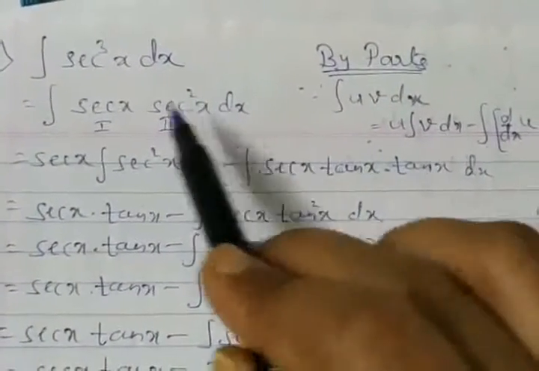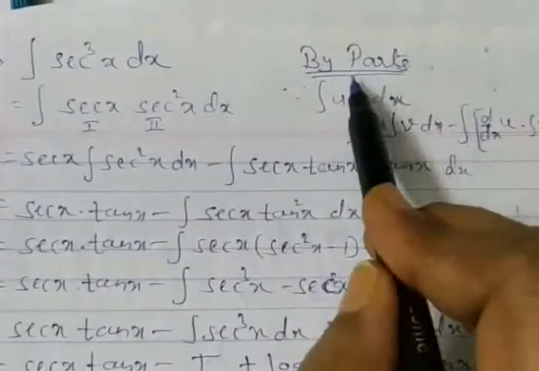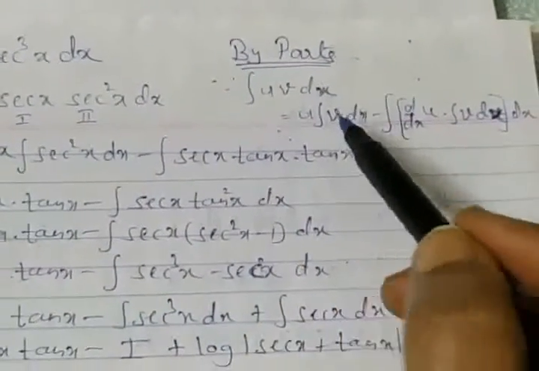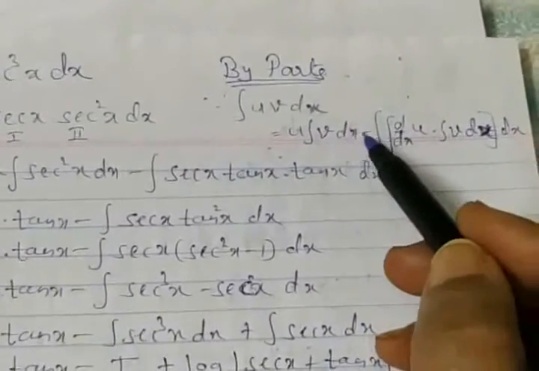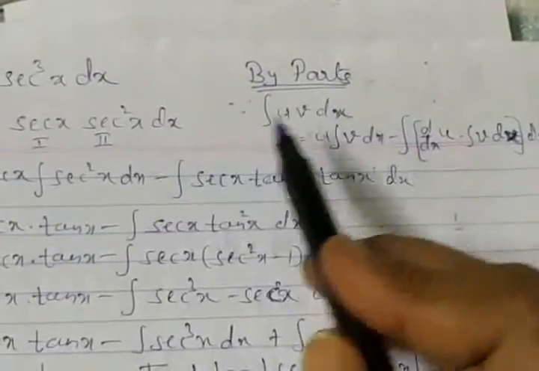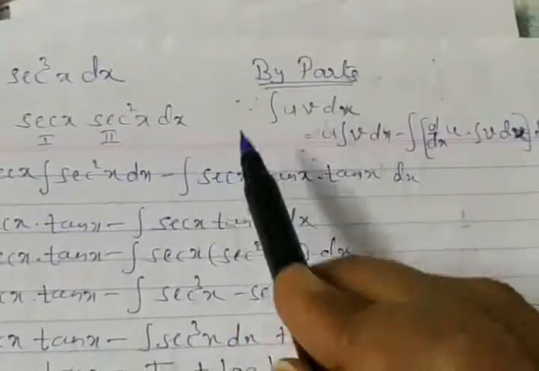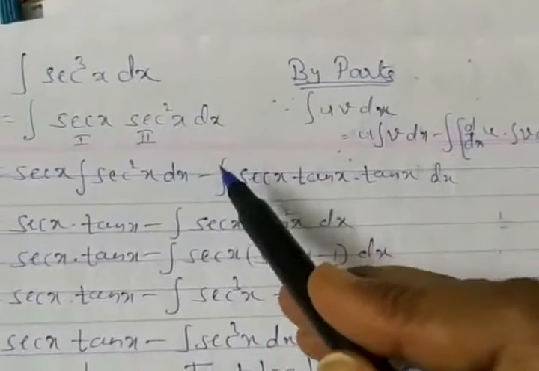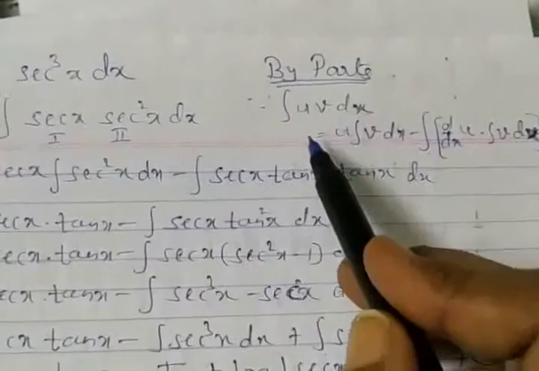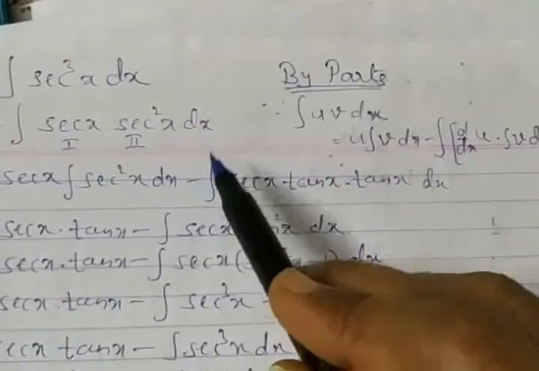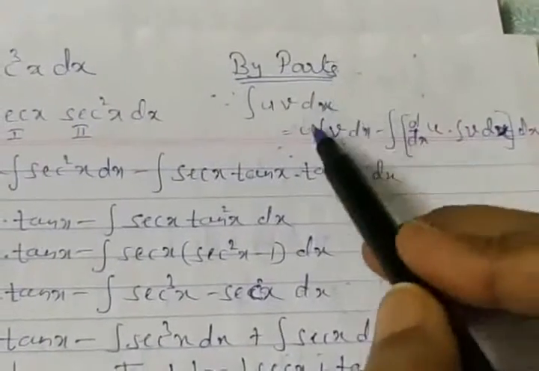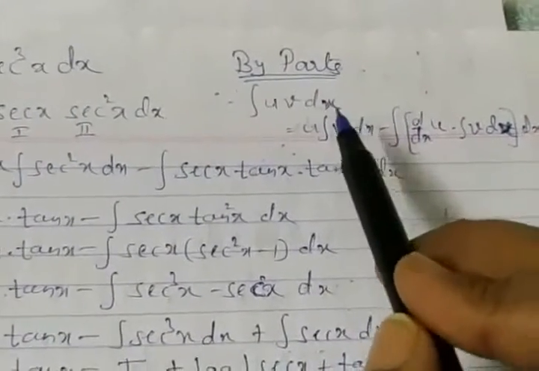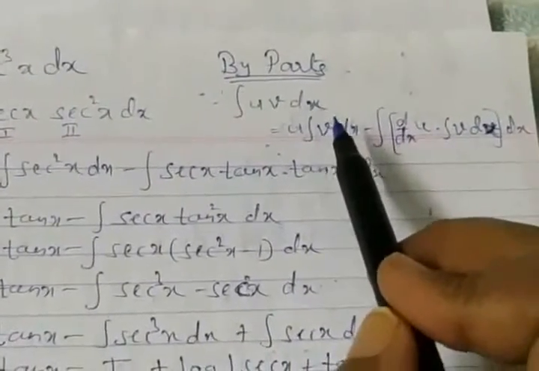And finally we come to sec x into secant square, where we give the chance to by parts, to UV. So at the end of this chapter, when I go for the by parts rule, you can come back and watch this video once again. You can mark it, keep some reference, and afterwards make a glance on this video. Play it and go through all the steps once again. The by parts rule, I'll tell you briefly, but in detail we will be learning it in by parts.